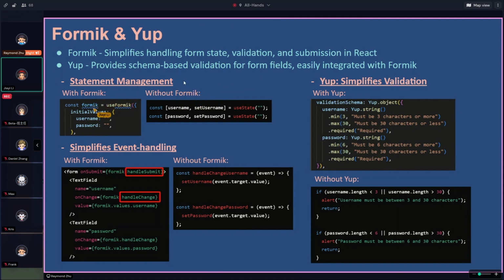If we're using Formik, it can automatically manage the state of input values in a form by defining the initial values, such as in the pictures here. However, without Formik, we will need to use the useState hook to manage the state for each input value. So now it brings us to the second benefit of Formik,